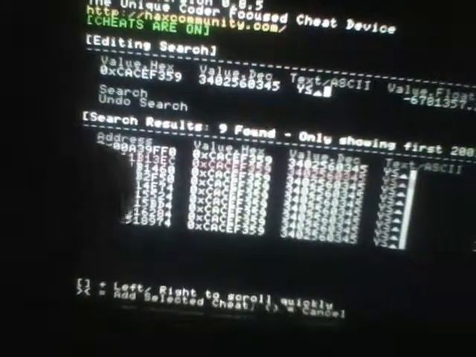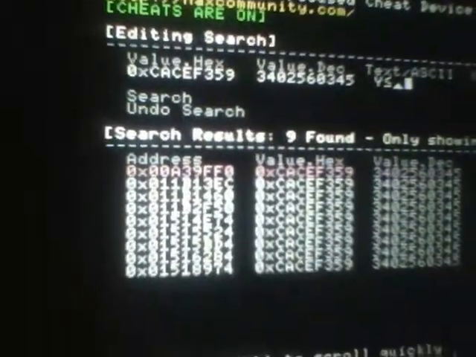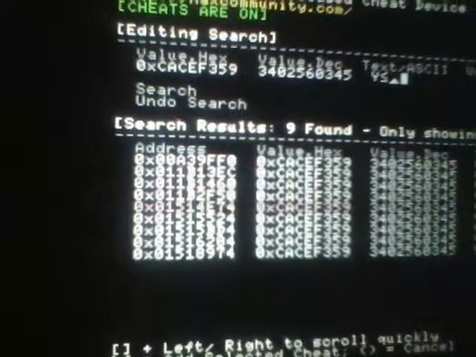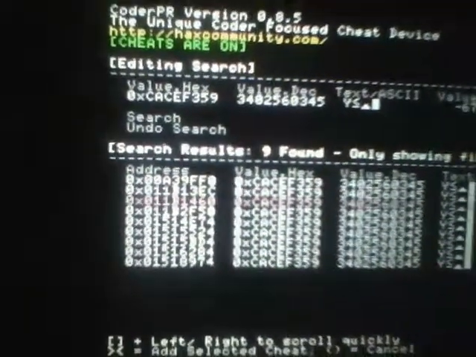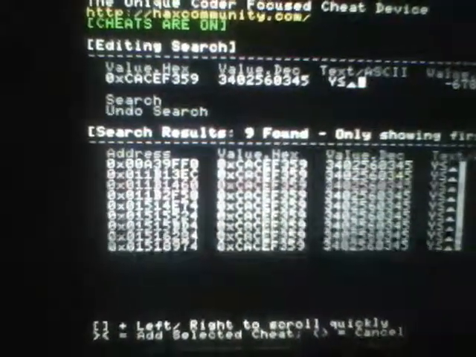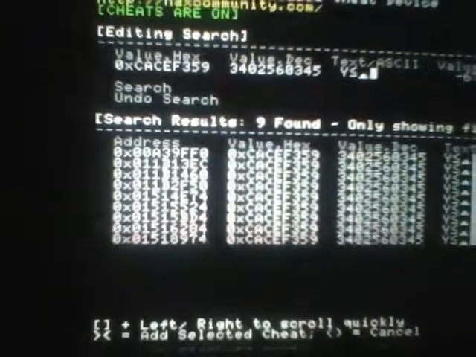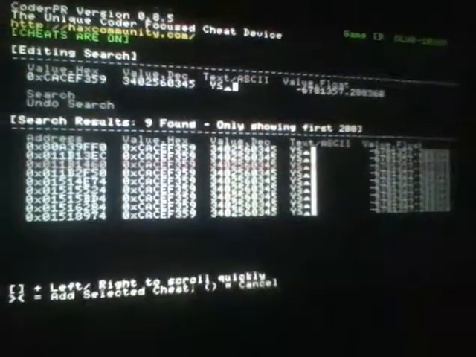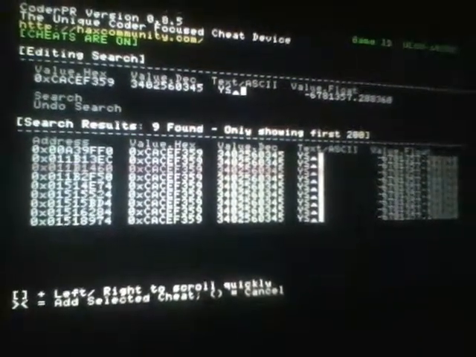Normally, objects and models that are in the 0x1, like the high ranges, see how this address right there is a lower address value than these ones. These are higher. We don't want the models that are higher when we're trying to make object swap codes, because those are DMA. DMA means that every time you change the map or load another map, the address changes for that value. So